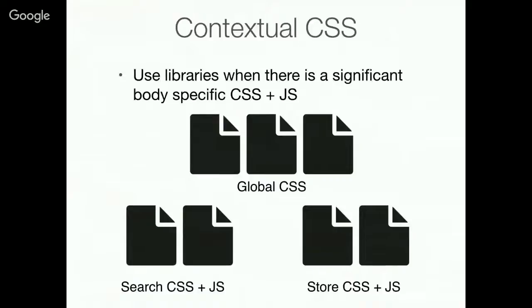So it makes sense to use libraries when there's a significant amount of really specific CSS and or JavaScript that you need to load in a certain section of your site. So if you have a store or you have a really advanced search section with a lot of custom CSS and JavaScript, then this makes a lot of sense. But I can sense already,